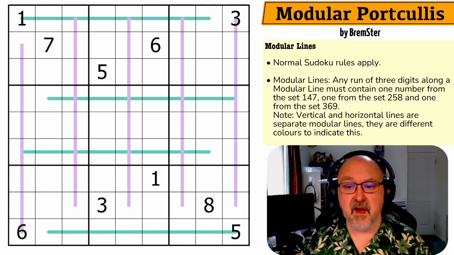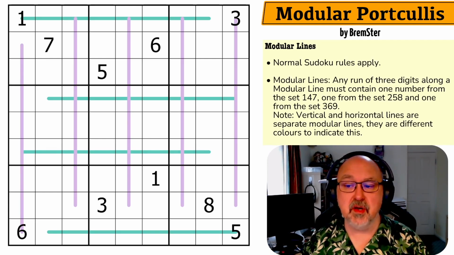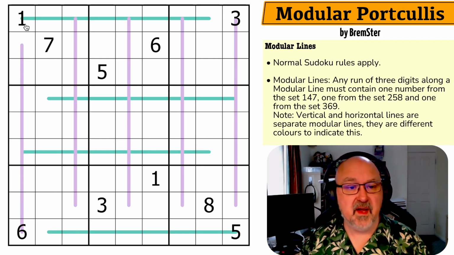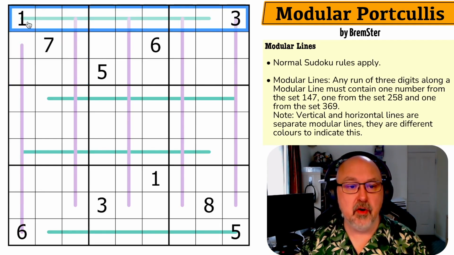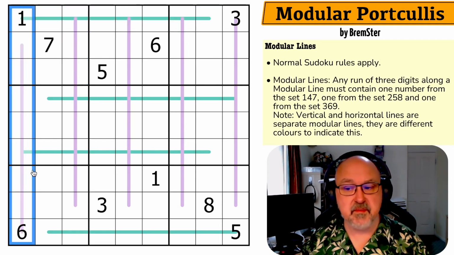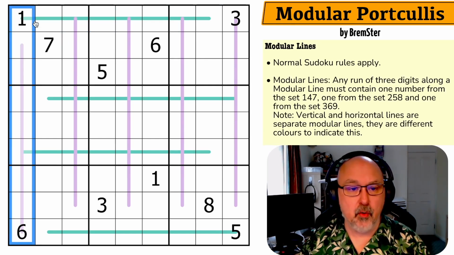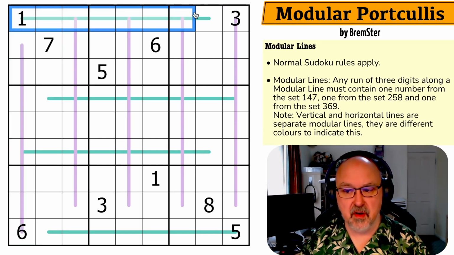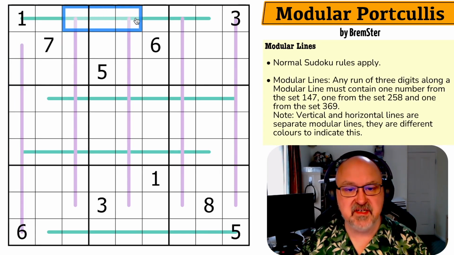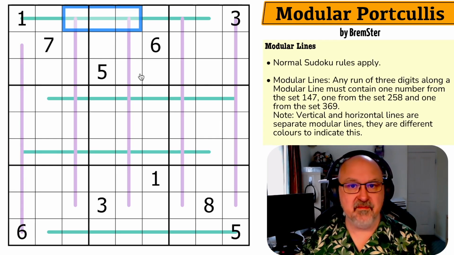So for now, let's have a look at this puzzle, Modular Portcullis. The rules are: in every box, in every row, and in every column, the digits 1 to 9 must be placed without repetition, so normal Sudoku rules. And all of the lines in this puzzle are modular lines, which means any run of 3 digits along any of the lines must contain one number from the set 147, one number from the set 258, and one from the set